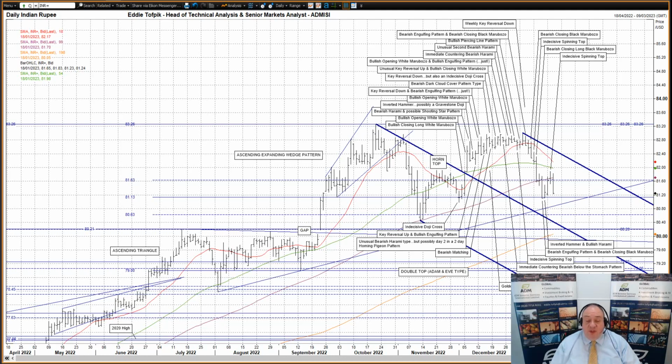And so far today, a reactionary move lower, away from the medium moving average, and down towards the 50% Fibonacci line, though seemingly unwilling to test it properly just yet.